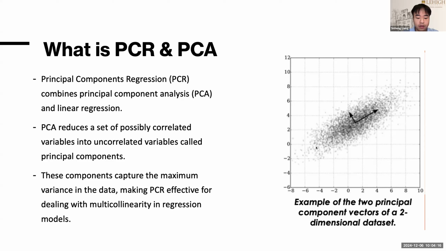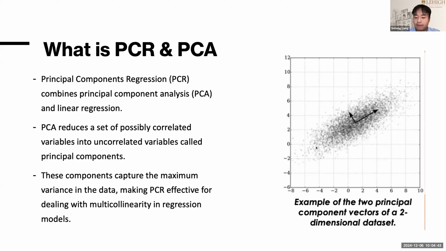PCA's job is to take a set of potentially correlated variables and reduce them into uncorrelated components, which we call principal components. These components capture the maximum variance in the data, so we retain the most important information while simplifying things. This approach is particularly effective when dealing with